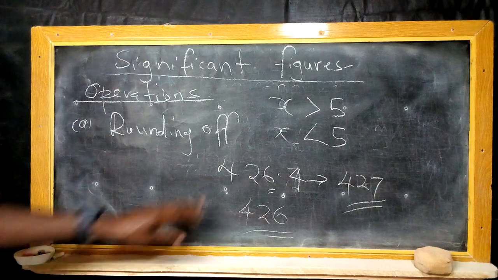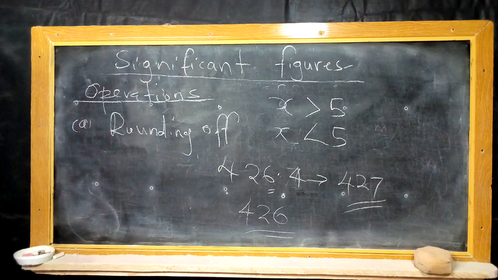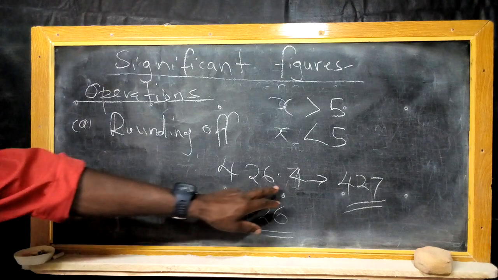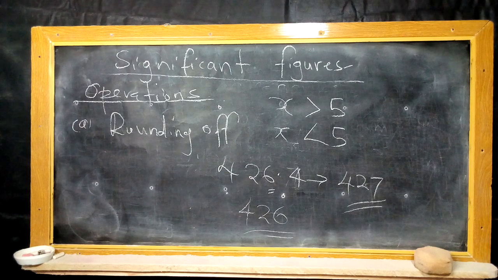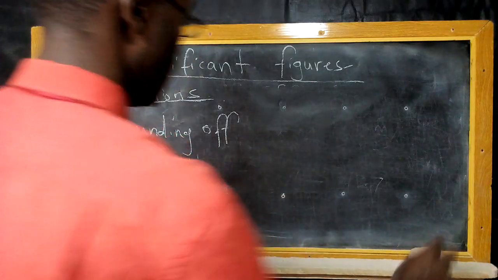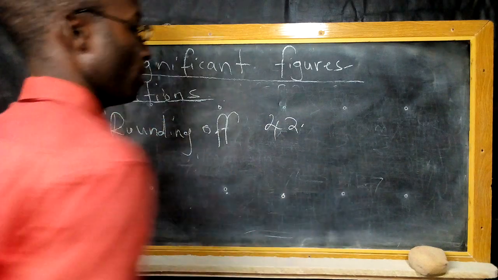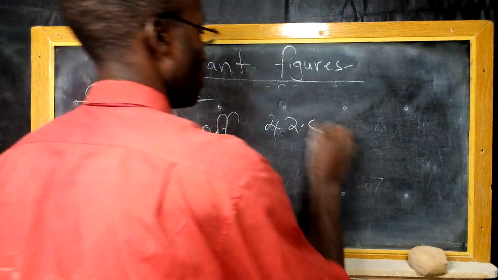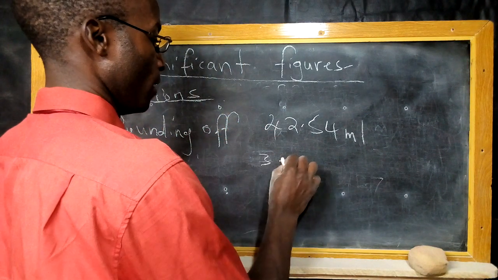So if we were to express this one in a significant figure by trying to compare this last digit, which is to the right, which is a non-zero, then we compare whether it is either greater than 5 or less than 5, and that is going to give us a condition for either rounding it off or dropping it. For instance, let's try to see if the quantity of milk has been measured to this degree of accuracy. This is 42.54